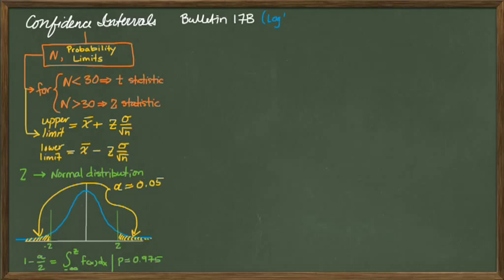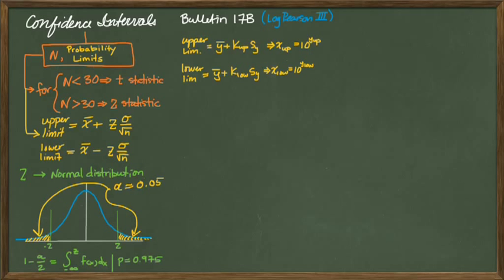So the way Bulletin 17B talks about this, now remember we're talking about the log Pearson type 3 distribution, they have similar ways. There's an upper limit that has a function where the mean of the logs plus the k-statistic, the upper limit k-statistic, times the standard deviation will get you the upper limit of the projection of the 100-year flood or whatever it is you're trying to deal with. And then you still have to remember to calculate x up. And then the lower limit is the same thing, but you have to change the k-statistic value.